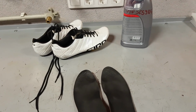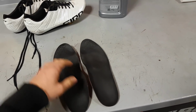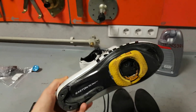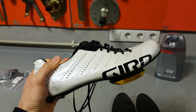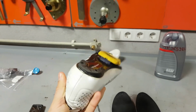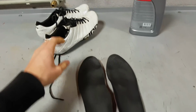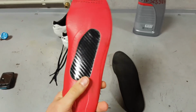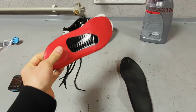Then another thing that I wasn't really thinking about are shoe insoles. Now, I've been riding these Giro shoes for ages. They've been good, but I wasn't 100% satisfied with the comfort. And sometimes, if I compare them to my SFOX shoes, the power transfer as well. But this year, I was contacted by Solstar Insoles, and they sent me the control insole for these shoes to